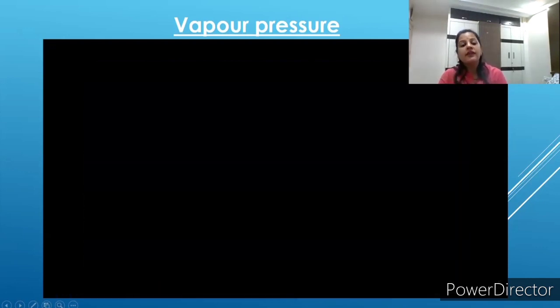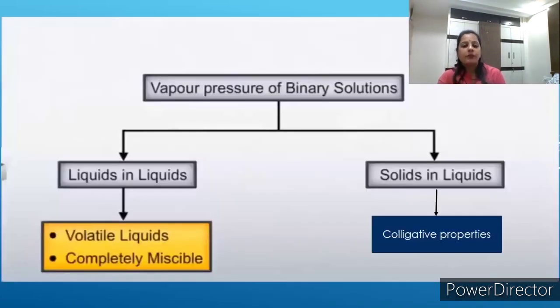Now, we have to study this vapor pressure for different types of liquids, for different types of binary solutions. Binary means in which two components are present. Generally, I should not say solute and solvent; it consists of two components. Both may be in equal quantity, or one may be in major and the other in minor quantity, but there are two components in a solution. So we will study the vapor pressure of binary solutions.